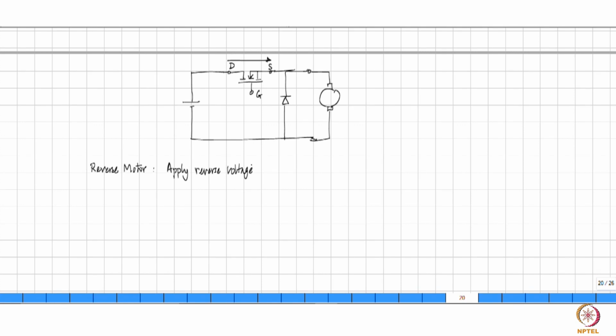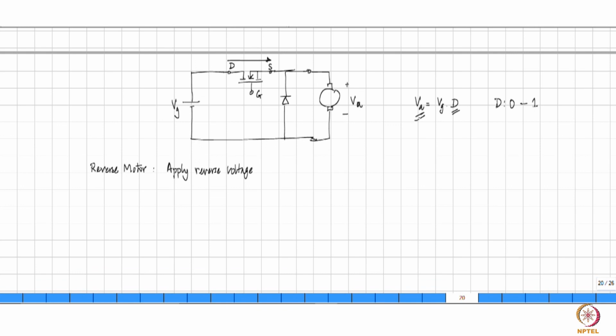And how do you apply reverse voltage here? If you have the output voltage here V0, which is the voltage applied across the motor, or VA, V armature, and this is VG, we have derived an expression that VA equals VG multiplied by duty ratio. And what can be the maximum value of duty ratio? 100%, 1. So, D is a variable that goes up to 1, and what is the minimum value? 0. So, D varies only between 0 to 1.